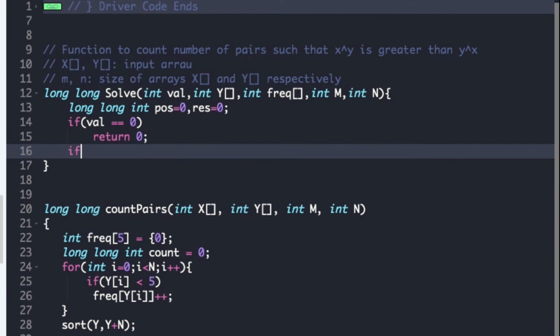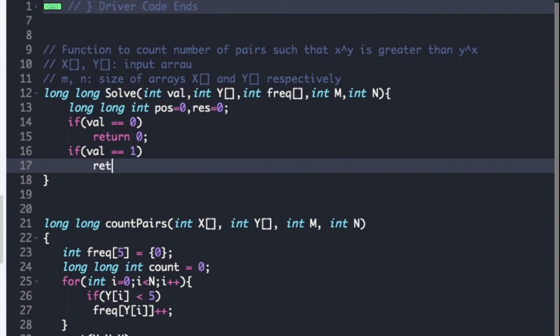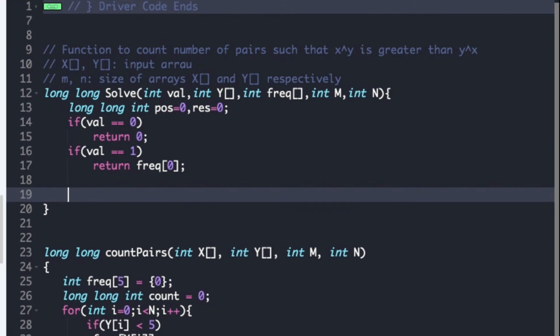Similarly, we check whether the value of val variable is equal to 1. If so, then we can return the count of zeros in that particular array, that is frequency of 0. And if the value is neither 0 nor 1, then we can calculate the value of position as,